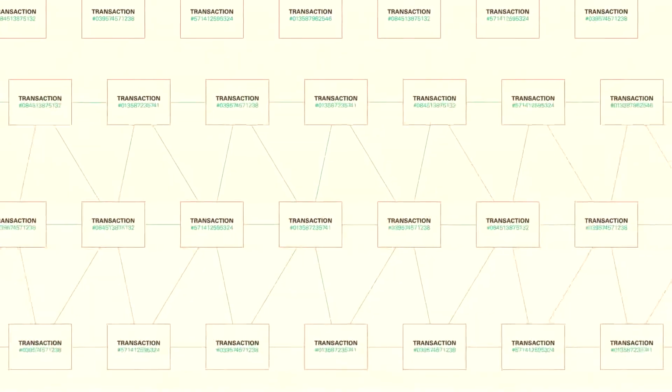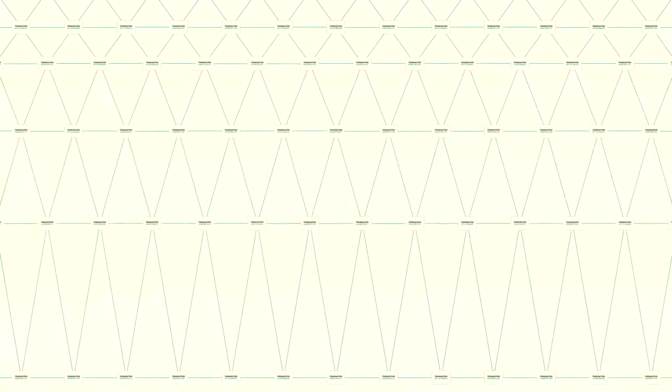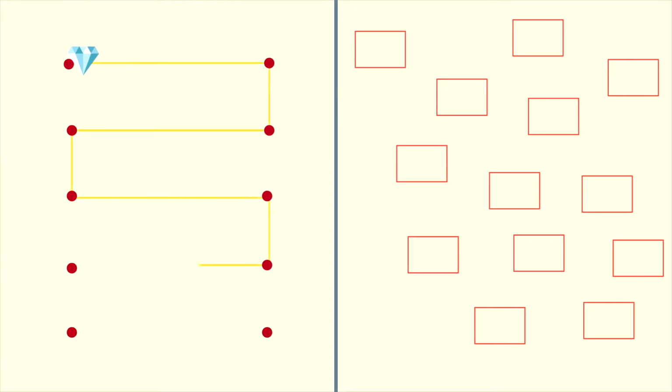Groups of transactions are blocked together and a fingerprint of each block is added to the next, thus creating an irreversible chain. That's why blockchain is ideal for recording the mining, refining, and distribution of one of the most valuable goods in the world. It can trace a diamond's path from the mine to the hands of the consumer with